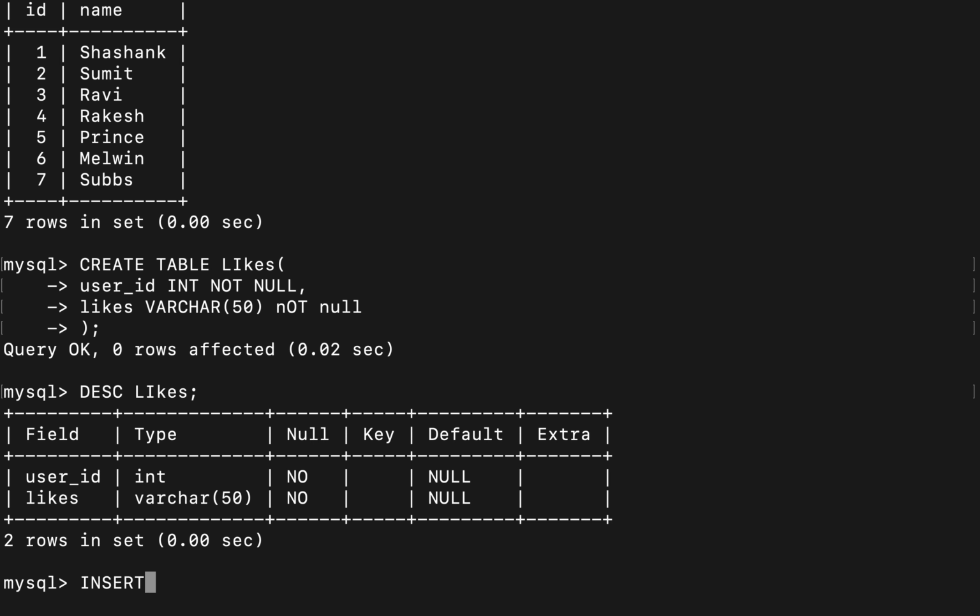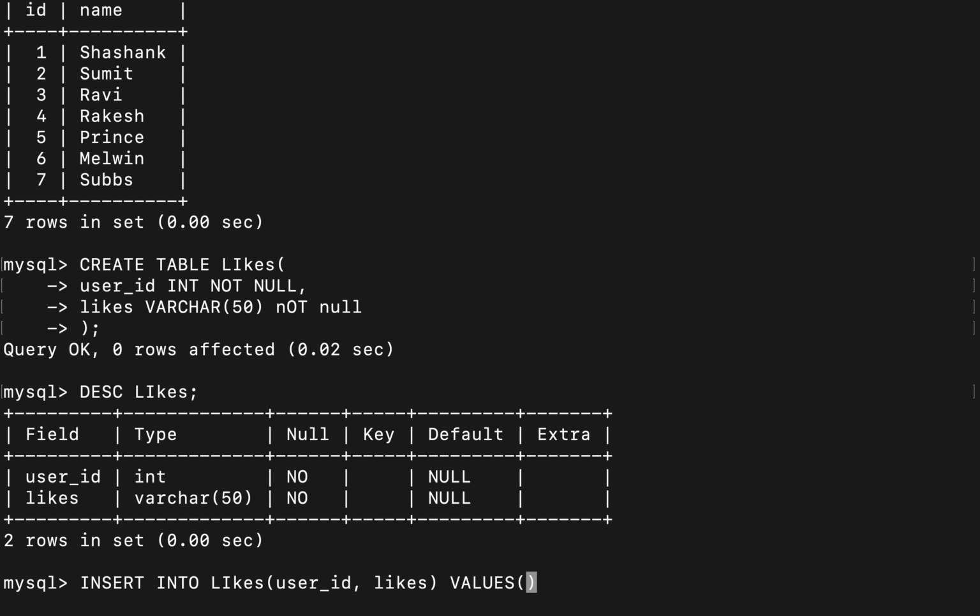Now let me insert some data into it. Insert into the table name, which is likes, and then user id and likes. These are all the columns, right? Column names, and then values.